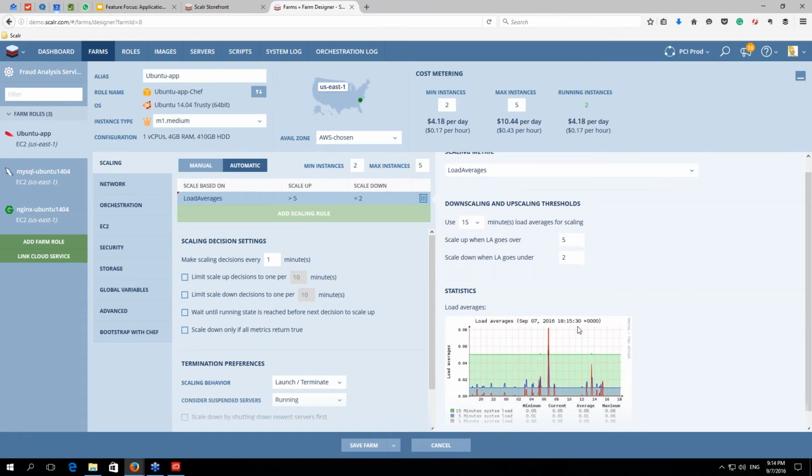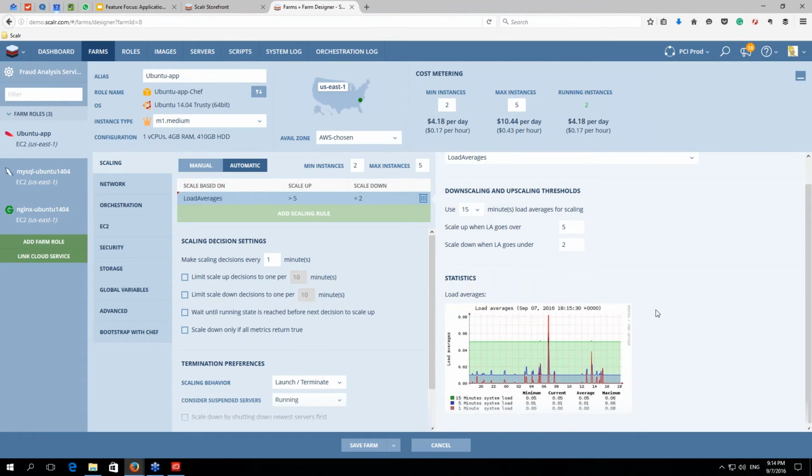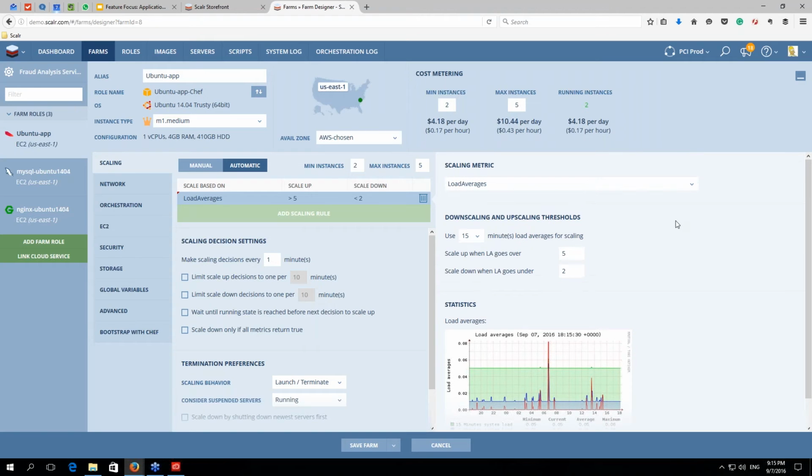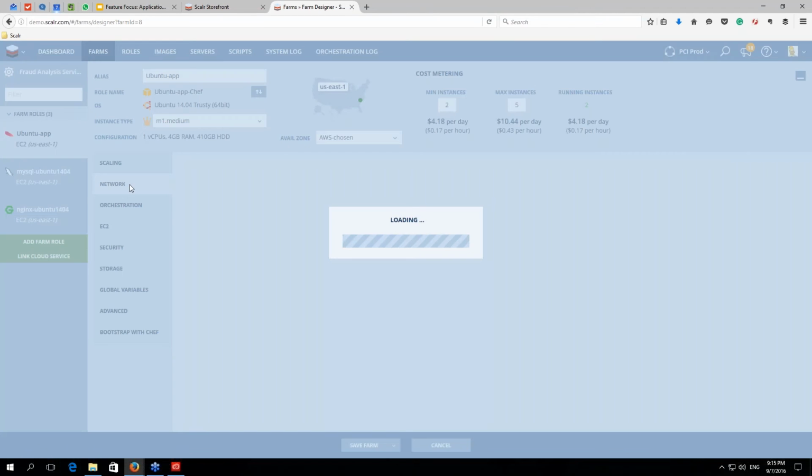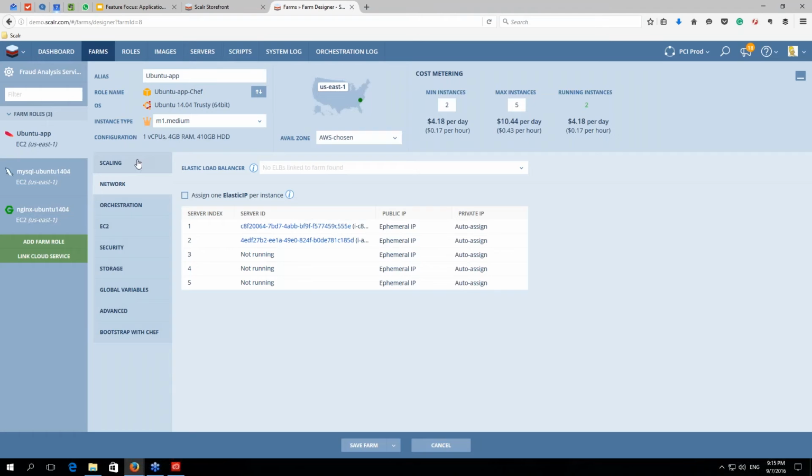A part of that will be how many servers I want to have provisioned, or what cloud services I want to link to this application, whether it be something like an Elastic Load Balancer or an RDS cluster, for example. So if I take a look at one of the roles that I have here on the left, for example, this Ubuntu app, which we saw in the screenshot just a few minutes ago,